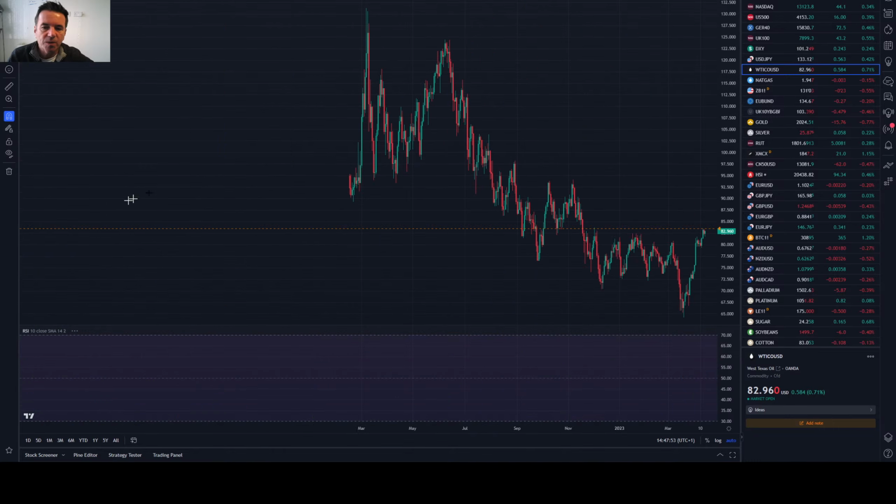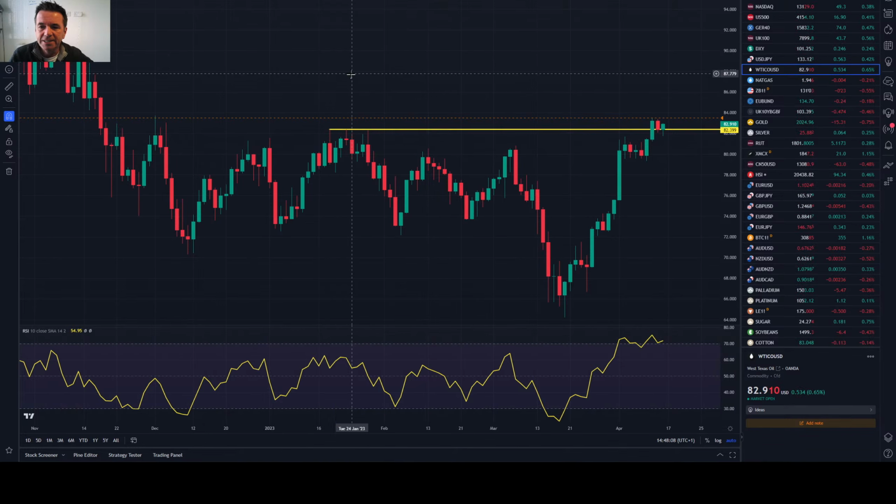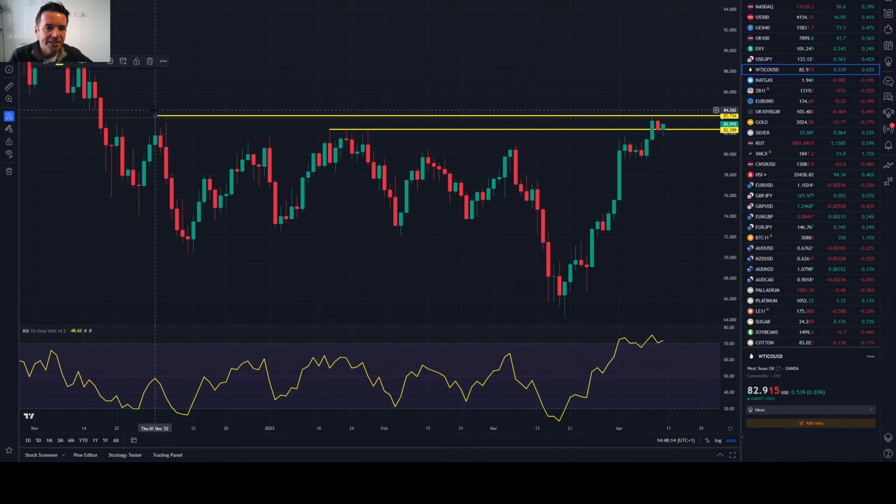I just wonder though. We're back to the top of the range on crude, the range that had been in place since December of last year. So again, if it's going to run out of steam anywhere, then we're here. Let's see what happens. I mean, it's trading a bit strange at the moment, but let's see what happens up at this 82 to 84 level, let's call it that. That was the top of the old range.